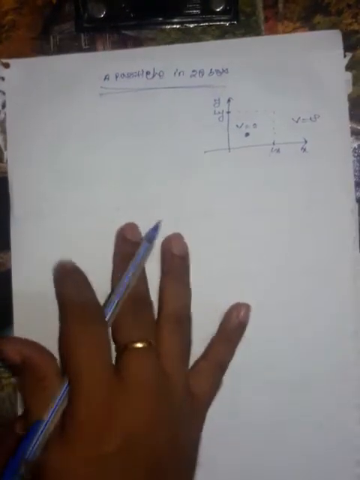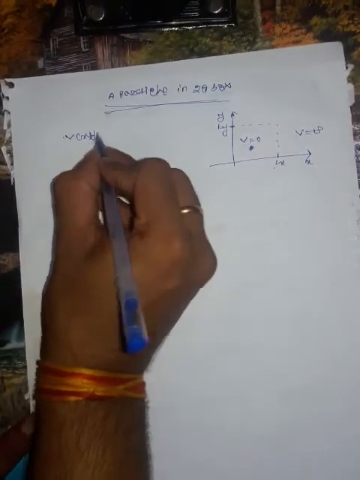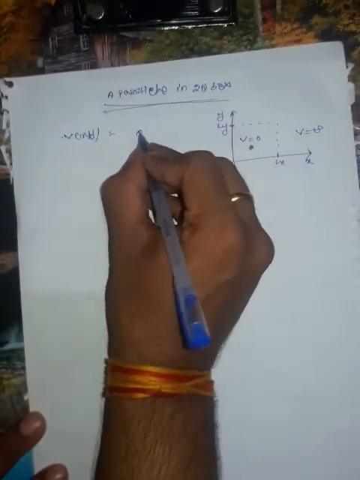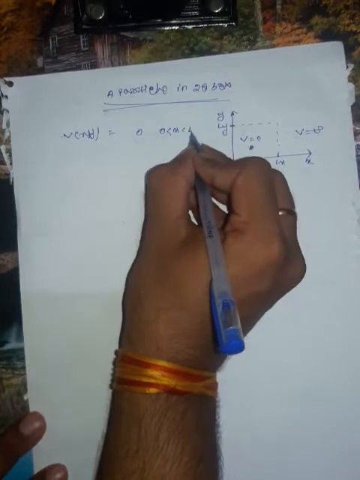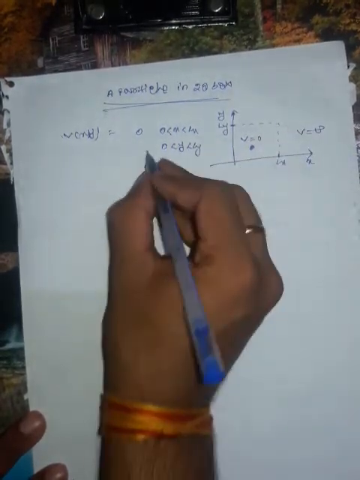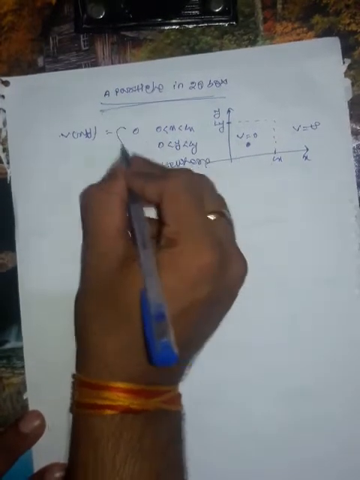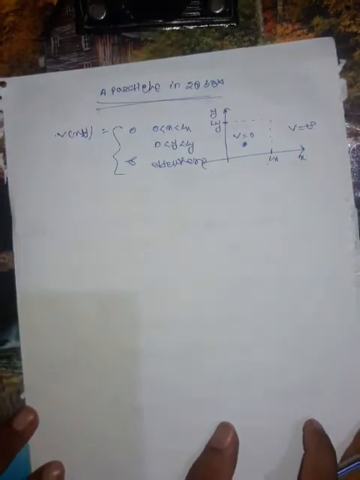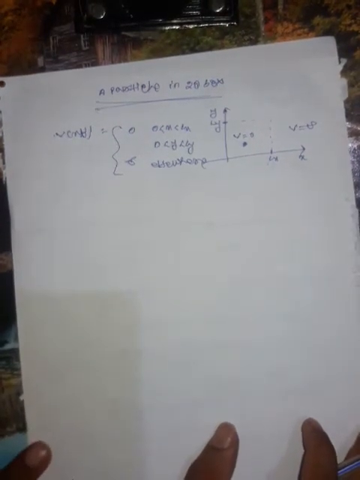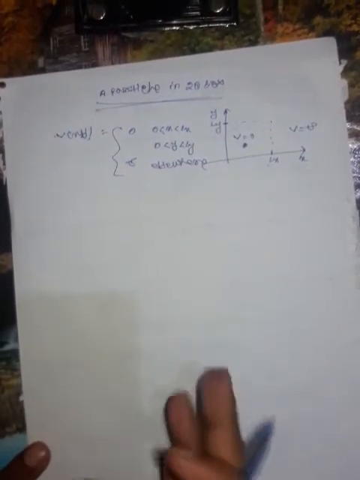Okay, the potential can be written as V of x, y in 2D, which is equal to 0 where 0 to x to Lx, and also 0 to y to Ly. That is the box. And infinity elsewhere. The potential can be written in this format, and we can calculate the wave function of the particle moving in the 2D box, and its energy, by using the time independent Schrodinger equation.